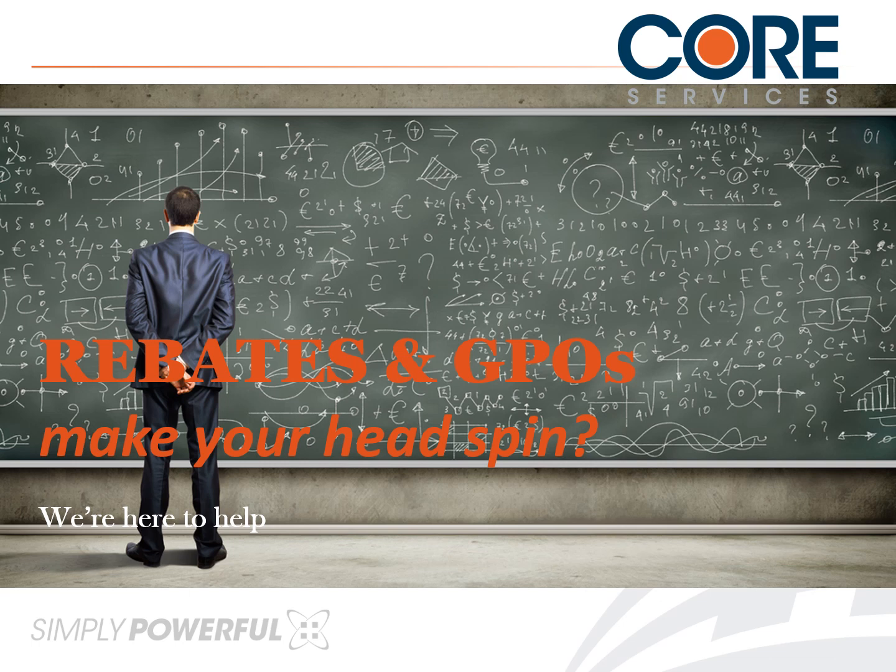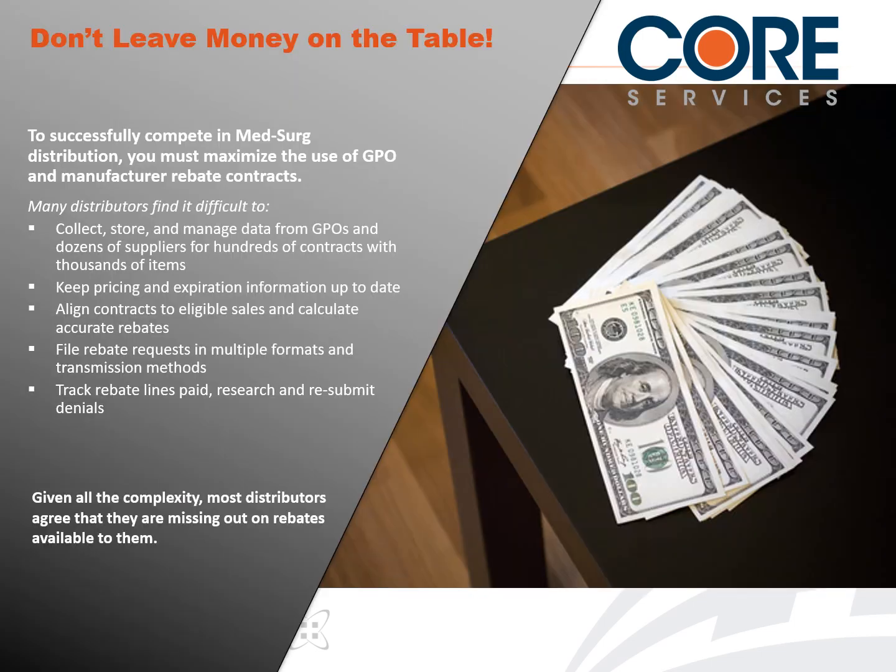NDC's Contracts and Rebates Department has developed tools and services to support and assist small distributors. We want your company to compete with the big distributors who use contract pricing so easily. It is a complicated process, and you may not even know that you're missing opportunities for rebate dollars on products that you're already selling. It is complicated and difficult to collect and manage all of the data from the different manufacturers and GPO contracts. It's hard to keep on track and do all of the filing in the proper time